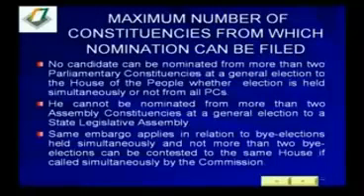At the general election to the Lok Sabha or to the general election to the Legislative Assembly, if a person files from more than 2, then third and fourth will be rejected straight away. First and second only in the first 2 constituencies alone. Previously, there was no restriction on the number of constituencies from which a candidate could contest election.